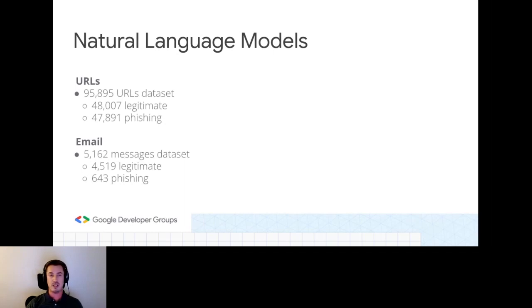If it sees that there are many like that, then there is a high chance that once it scans a text, it will say, okay, this text is phishing, or this text is legitimate.